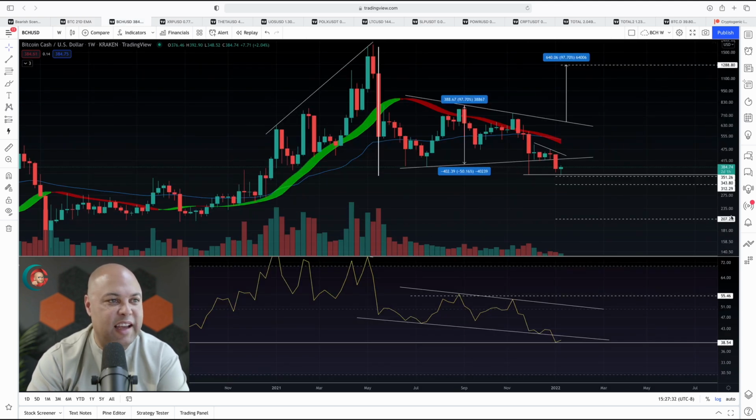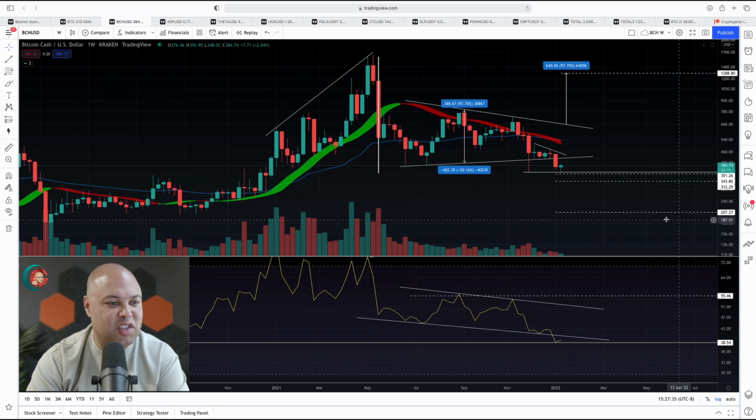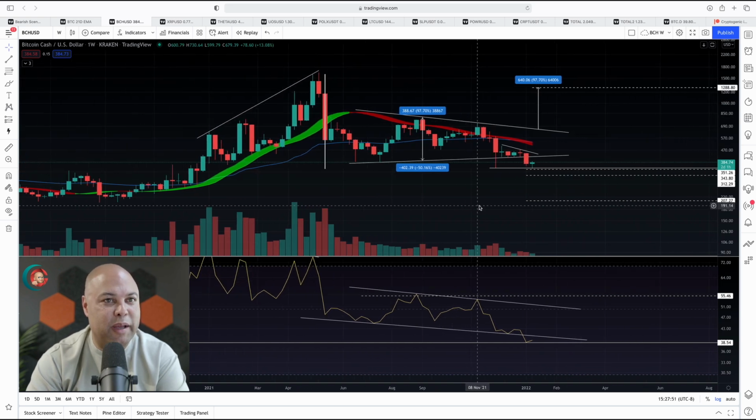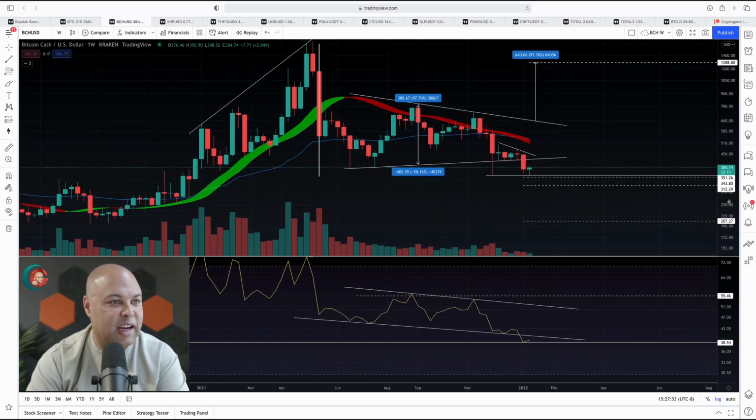Taking a look at BCH, not much to say here, except we've still got support here at the bottom of this RSI trend. We need to break back above this line and head towards the top. We need to actually break above this trend before we're bullish again. Same thing here in the price. We need to break above this trend here before we're bullish again, and we need to start making some higher highs. Just watching